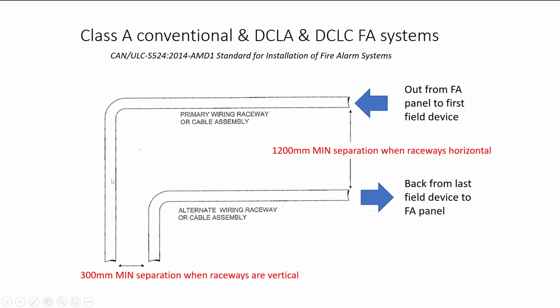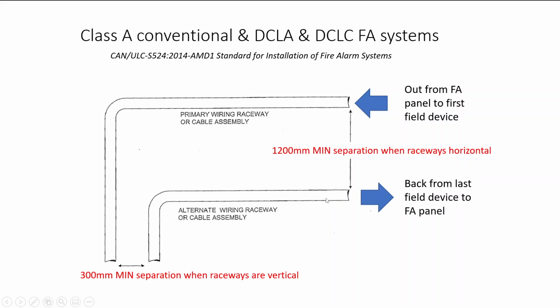Now, this requirement is given under the ULC 2014 AMD1 standard. Now, you don't have to memorize the standard, but you do need to remember this one important aspect. When you're dealing with a Class A conventional, DCLA, or DCLC, you need to keep the conduits separate,